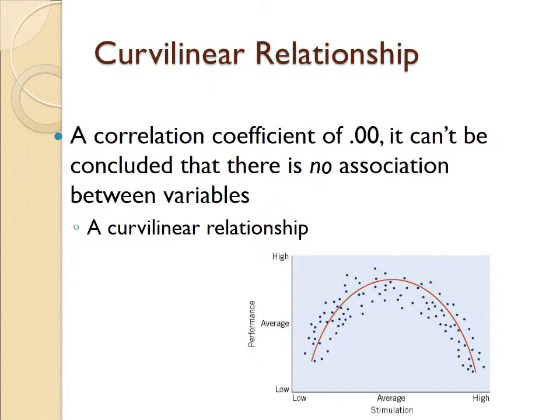So we often have to look at the scatter plots. For example, here I have a curvilinear relationship. This is a very common finding in human performance, based on real-world studies and data. And that is that our amount of arousal is positively related to performance up to a point where it becomes